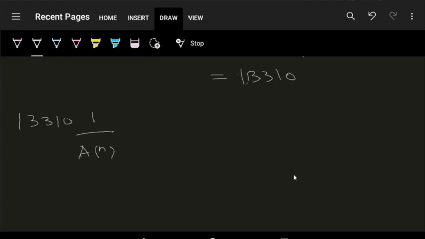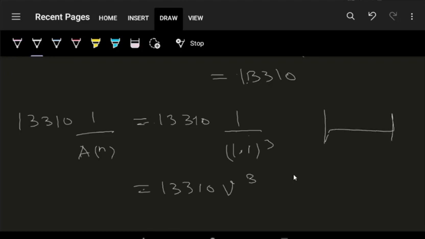This is my discounting factor. And since I told you it will be 1.1 to the power 3, or in the notation of v, I can write it as v to the power 3. So see, this is my third time period, this is my first time period. I'm bringing the amount here, I'm moving back 3 time periods, so v to the power 3, it will be 10,000.